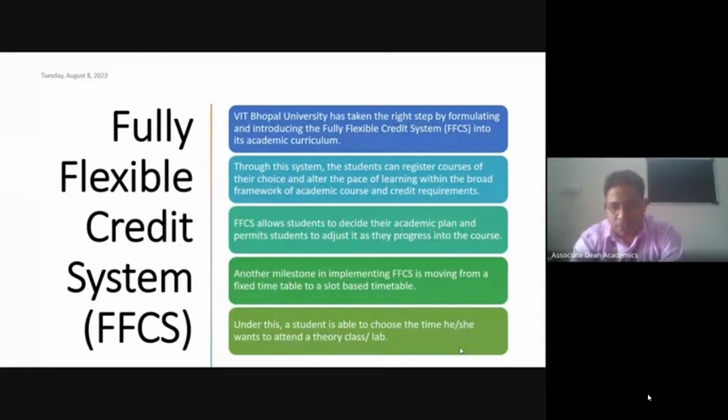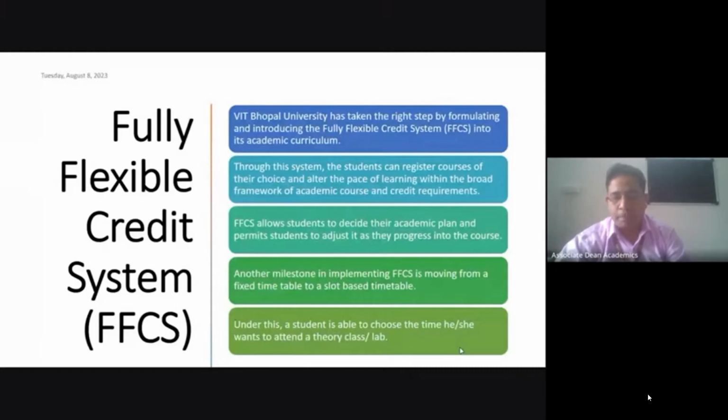credits usually. It can change from time to time, depending on approval from higher authorities, but at present the limits are: for fall and winter semesters, a maximum of 27 and a minimum of 16 credits; for the interim semester, 12 credits; and for the summer semester, 8 credits. So within that permissible limit, you will be allowed to complete your course registration, and the list of courses will be provided well in advance by the program chair.